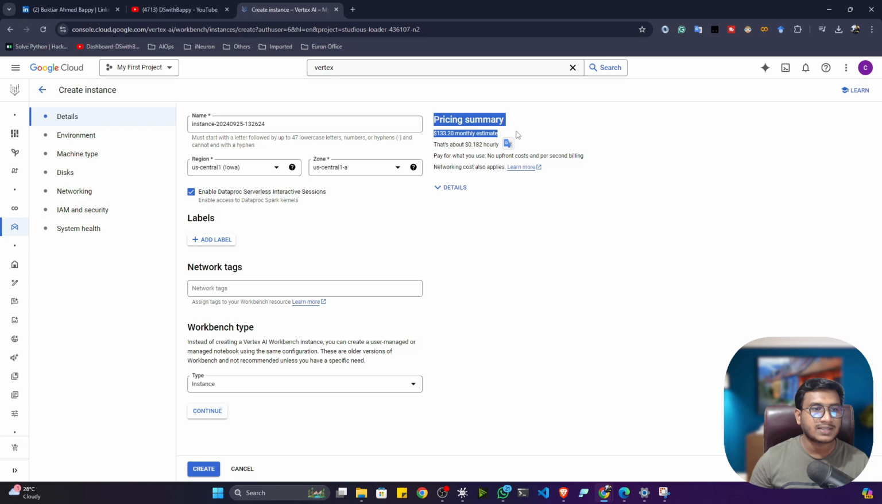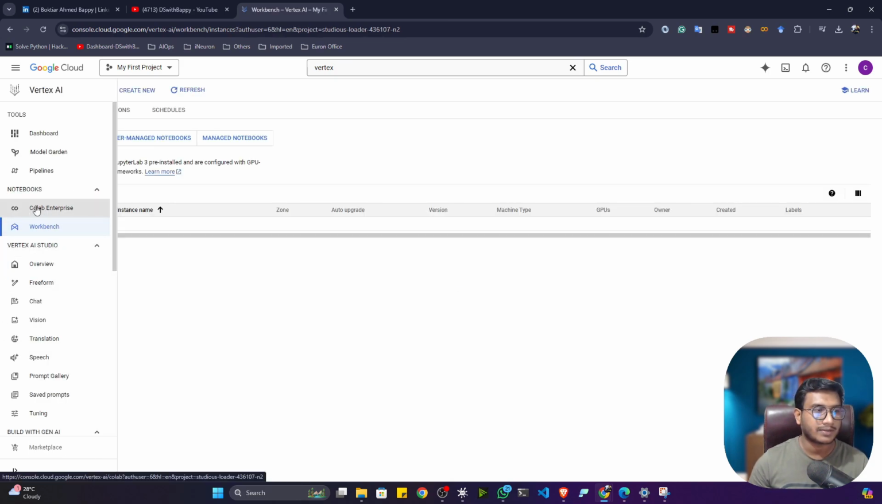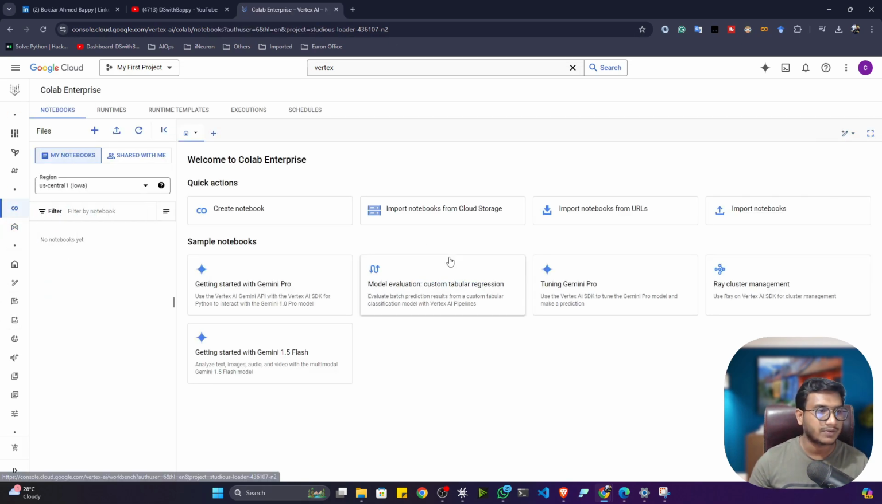And here you can see the pricing summary. That means per hour it will charge you $0.18. You can see the price is very low. It's not a huge amount of money they will be charging. So you can also create your custom configuration. But here I'm not going to create a custom configuration. What I'll do is use Colab Enterprise, this one. It will give me a Google Colab kind of interface, and there I can do my